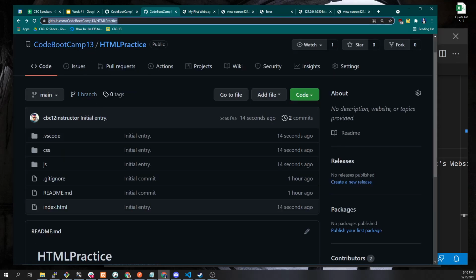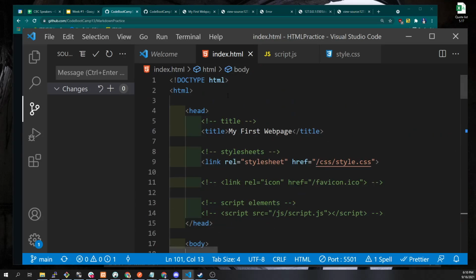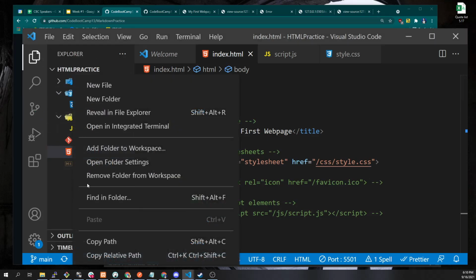Cool. Then one last thing I wanted to show off before we start doing a little bit of practice. Here's the link in CBC13. I was talking about how there's all this boilerplate, like this doctype declaration that you just need to have on all your pages. But structurally, it's not important to memorize this necessarily, other than just to know that it has to be there and that it's called a document type declaration. Let's make a new HTML file. I'm going to call this